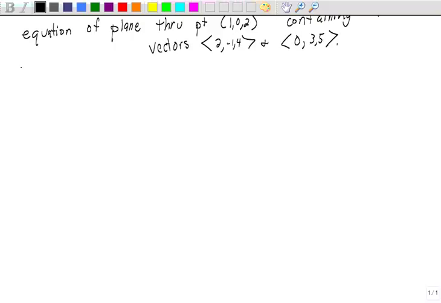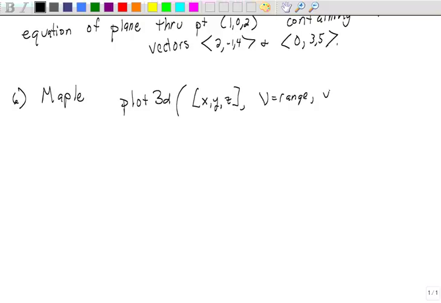Okay, let's look at number 6. Okay, we're going to use Maple to do that. We're going to do plot 3D x, y, z, u equal the range, and v equal its range. All right, so